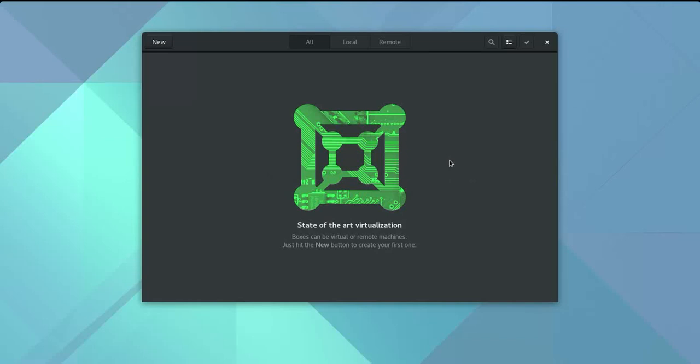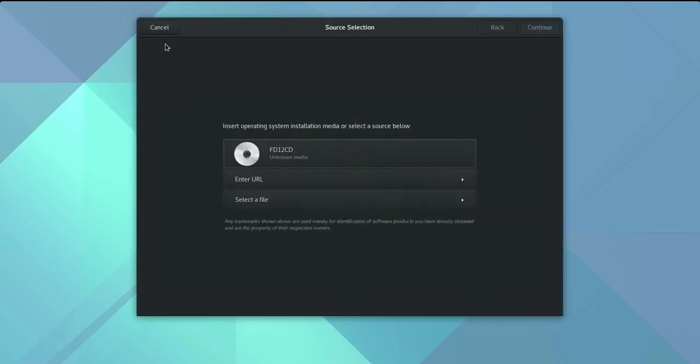Hi everyone, I just wanted to record a brief video on how to install FreeDOS 1.2 on a virtual machine. Here I'm actually using GNOME Boxes, but the process will be the same if you're installing on any other kind of virtual machine system. So here I'm going to start by clicking New, and I've already downloaded the FreeDOS 1.2